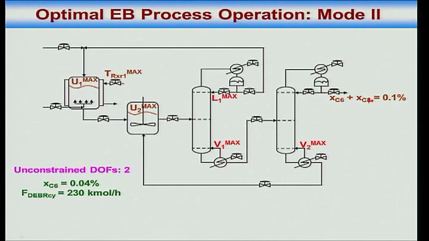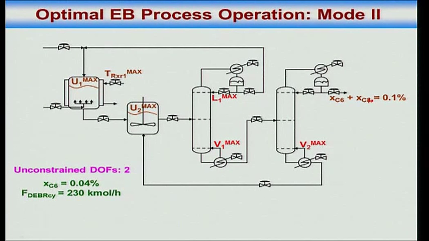Earlier I was only allowing 0.01% diethyl benzene at the top. Now I am allowed to let 0.04% diethyl benzene up the top, not C6, C10. 0.06% C10 up the top, right? So the separation is becoming less stringent. If the separation is becoming less stringent, I need less reflux. If I need less reflux, boil up will reduce. But if I am keeping the boil up the same, then I can suck in more feed. That gives me a rise in throughput. But then V1 max is also active.